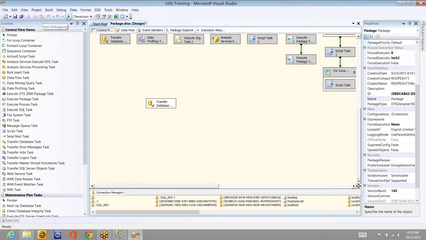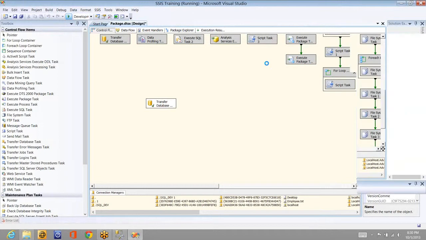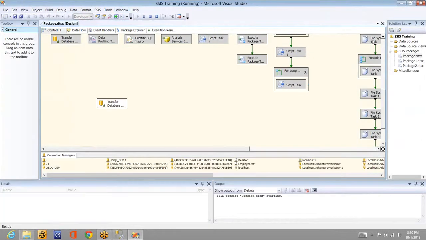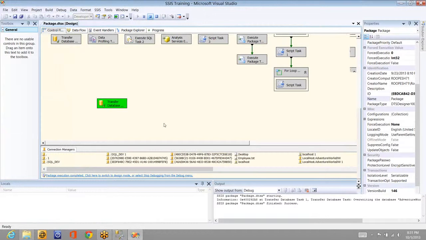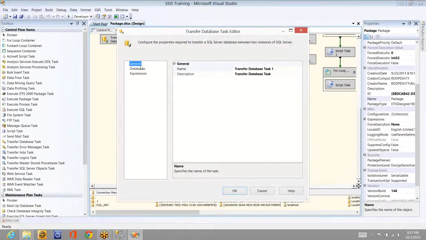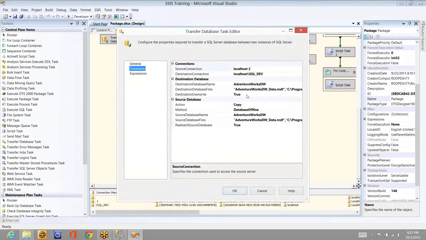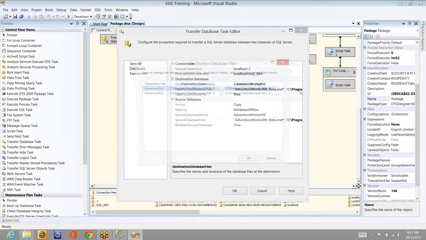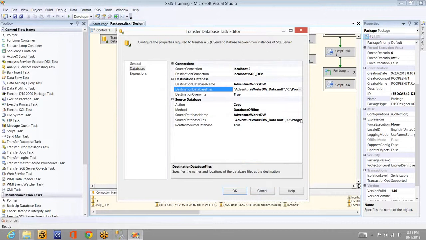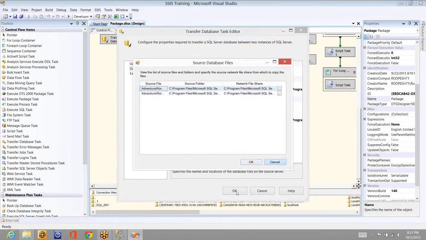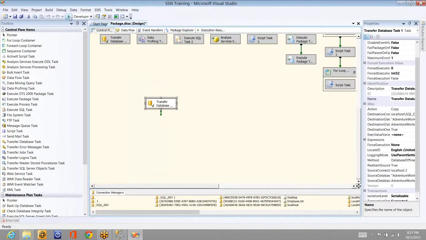Now, if I execute it, will it be successful or will it throw an error? Any guess? I'm executing it. Answer it at the earliest. It is successful here. It's not an error. And most of you guys answered error, right? So the destination override is set to true, attach is true, and copy, everything is set properly, and the source and the destination are set properly. But I'll tell you, this is also fine. Now I'm re-executing it.